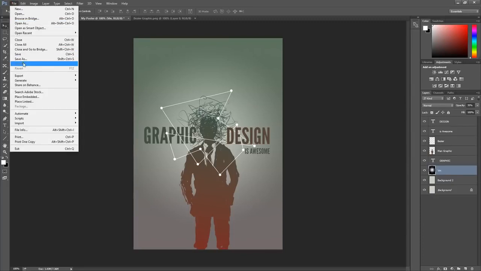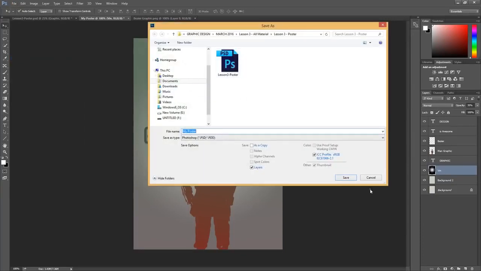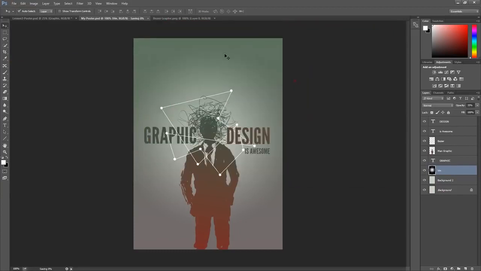Finally then, don't forget to save, so up to File. You can save it as a PSD of course, save as my poster is fine there. If you want to save it as a JPEG, maybe to post online or to post to your friends, and